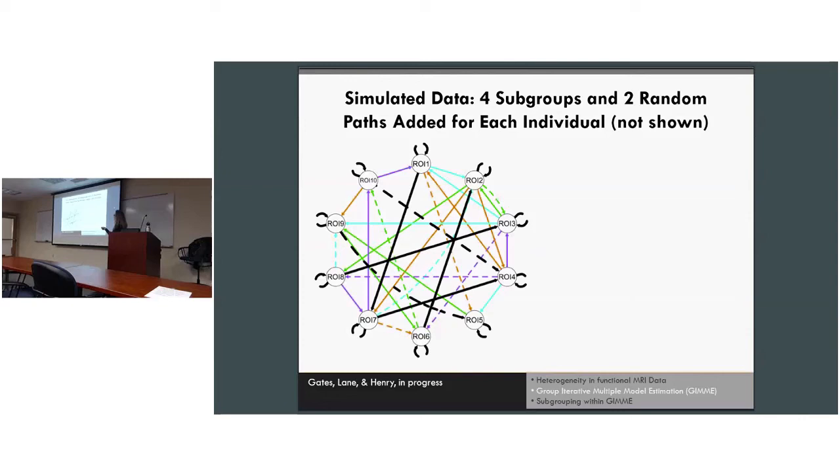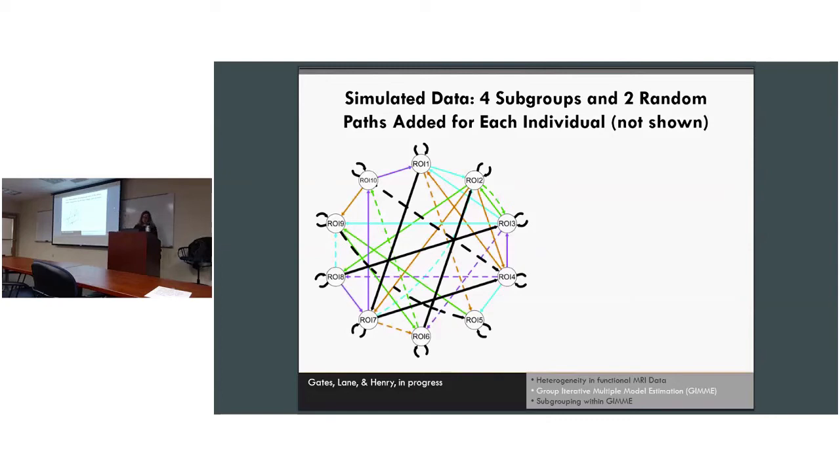We have subgroup level paths denoted by the different colors. The subgroup level paths, we opted for 4. In empirical data, we see anywhere from 2 to 7. We did a little bit of literature search to see when people do have subgroups, how many paths they usually have in addition to the group level path. We just found 2 to 7, so we settled on 4 for this example. 4 extra paths per subgroup.